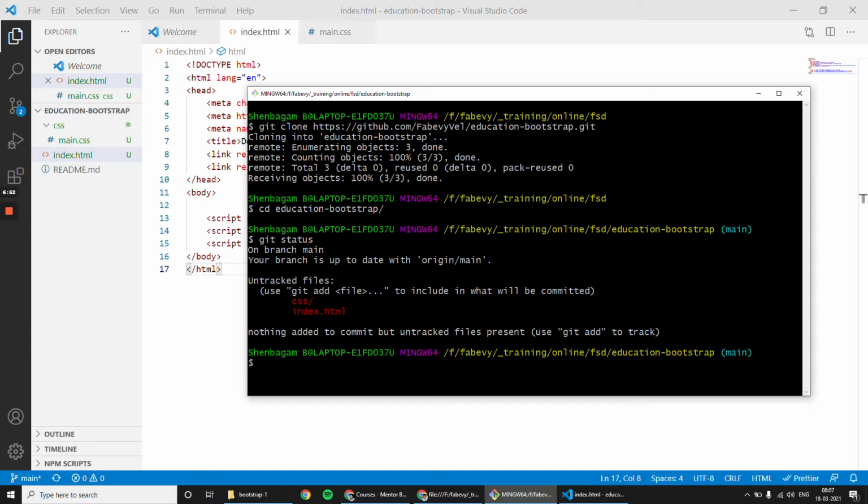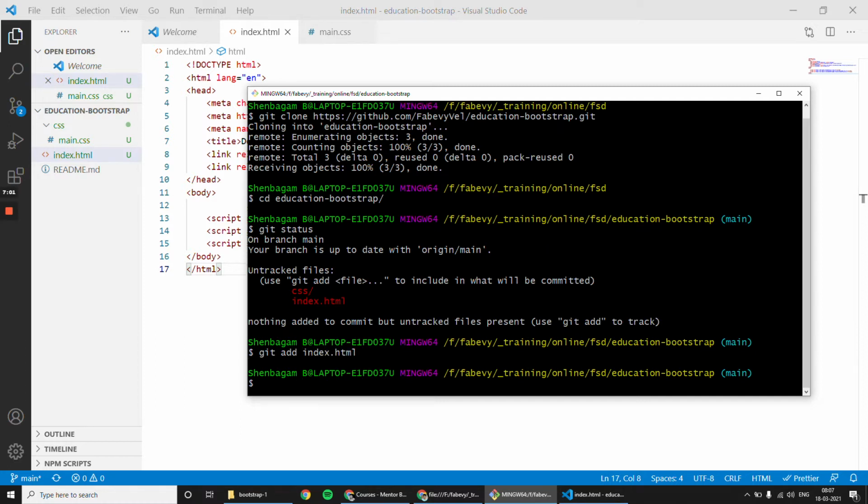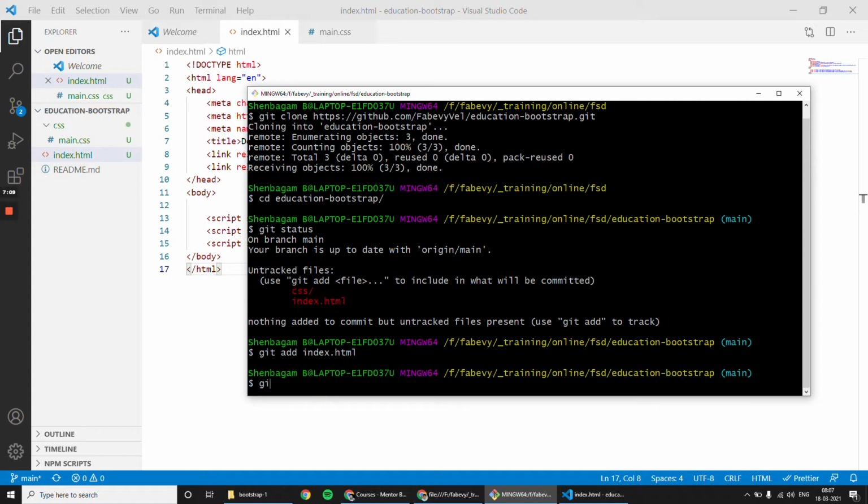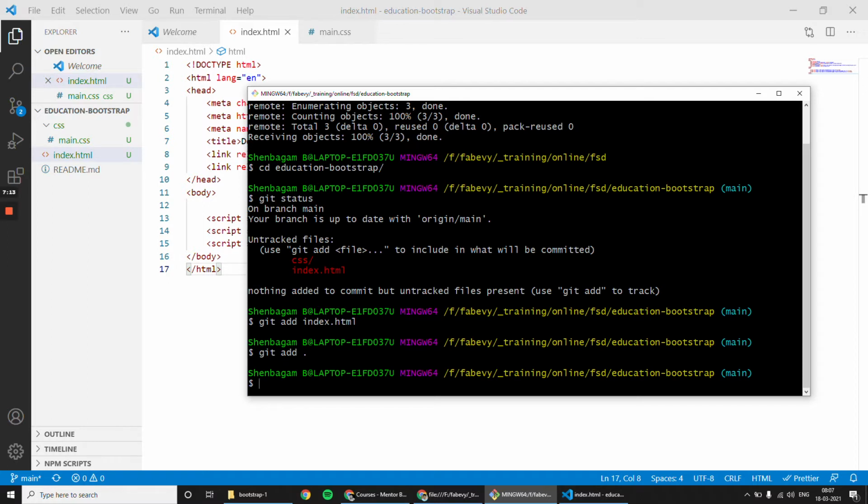To add one specific file, we need to give a command like git add space file name. If you want to add all untracked files, then there is a shortcut: git space add space dot. It will add all untracked files.